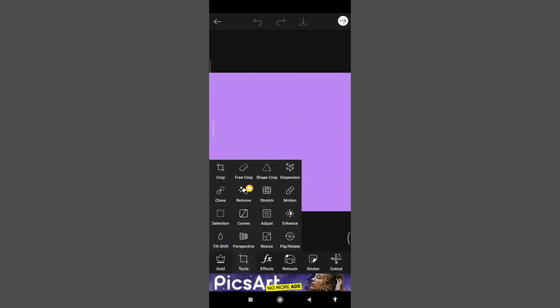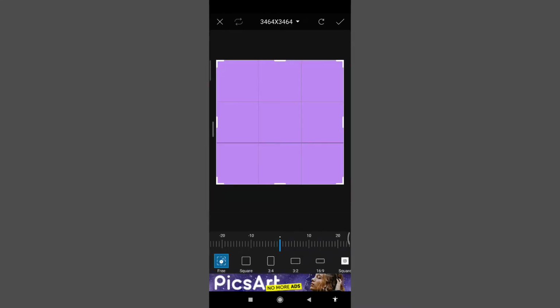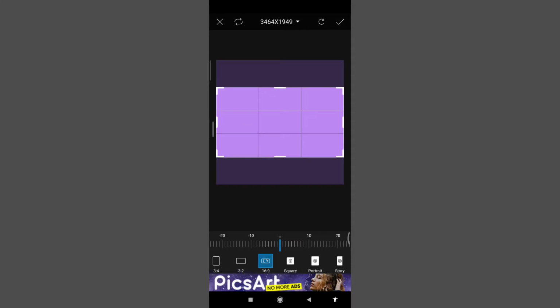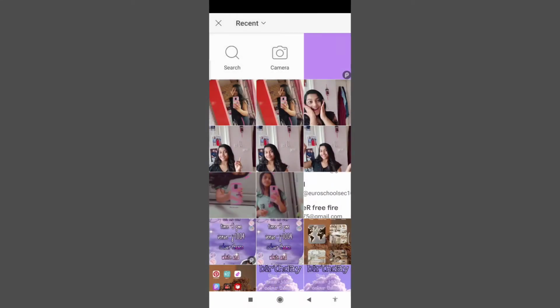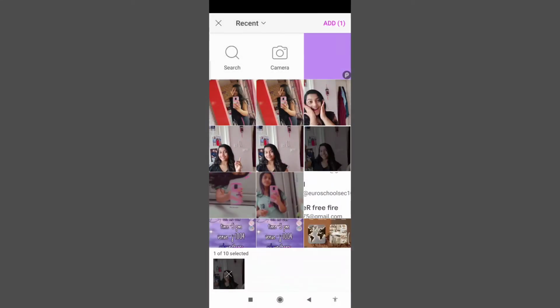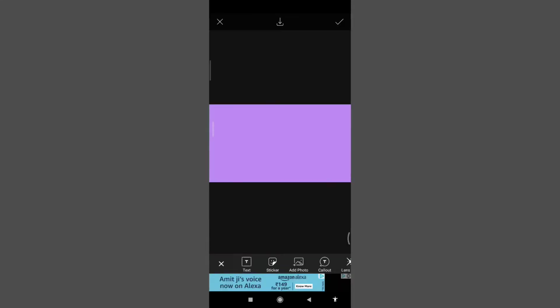Now just go to the tool option, search crop, and when you crop, the option will be there, 16:9. You can just do that, because whenever you are doing editing for YouTube, you need to be measured about it. Now you need to add your photos, which you need for your thumbnails.